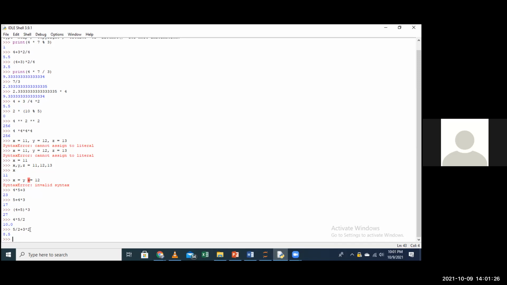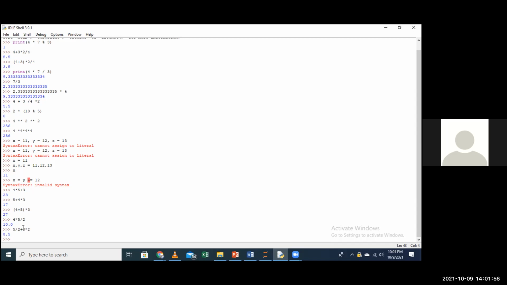You have multiplication here, and then we have two operators, division and multiplication, with the same level of precedence. You can just calculate because it's a simple one. Multiplication and division have higher precedence than addition, so we have to execute those first. 5 divided by 2 is 2.5. And then 3 multiplied by 2 is 6. 6 plus 2.5 is 8.5.